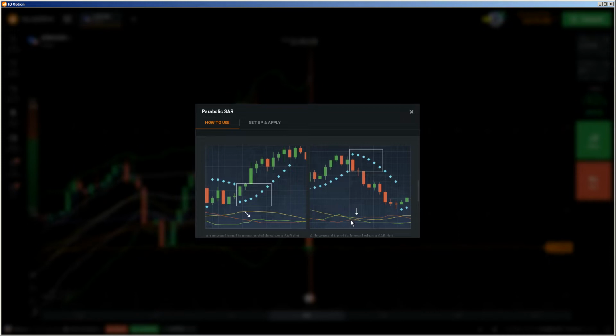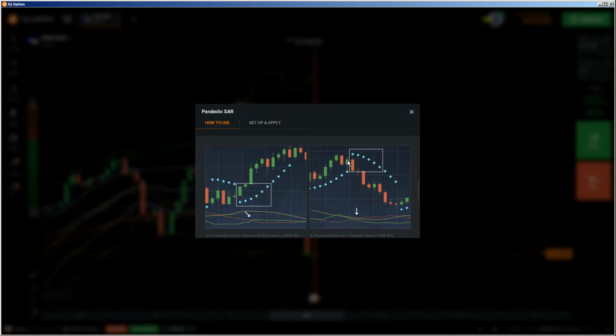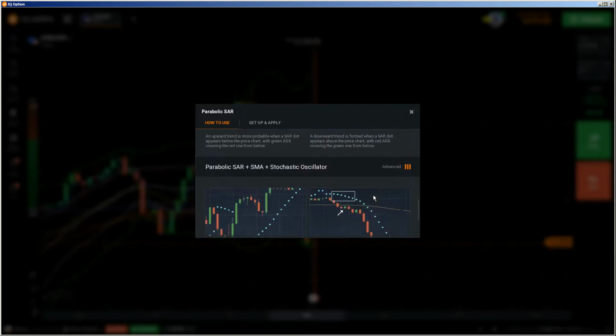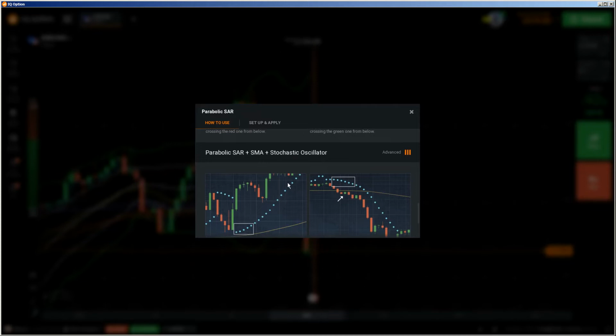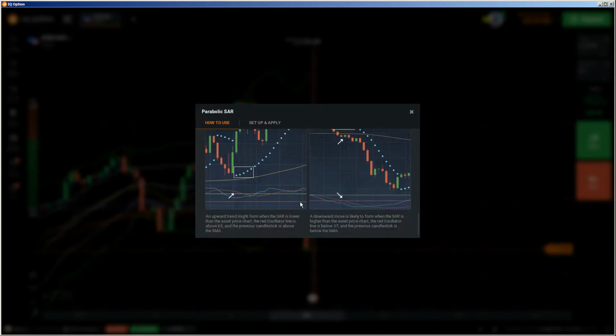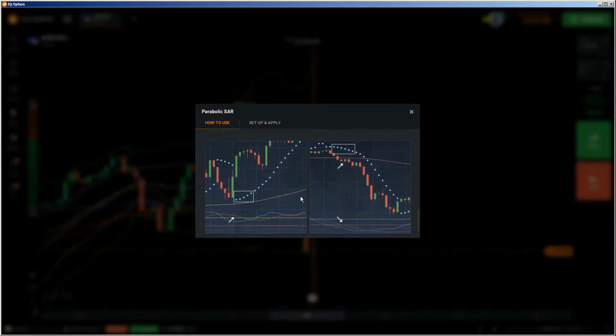If the red line is crossing the green line and the trend strength, which in this case is not well chosen, has a high trend strength, when the dots are above the price, we have a downtrend, and so you can do a put, but this is only something for forex or for larger expiry times. For 1 minute expiry times, it's not good.